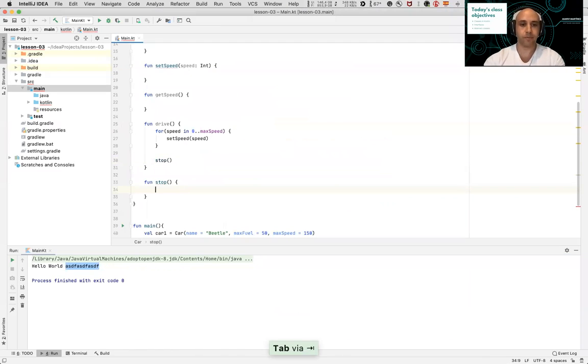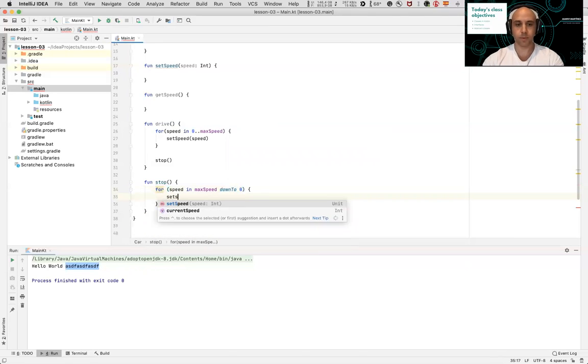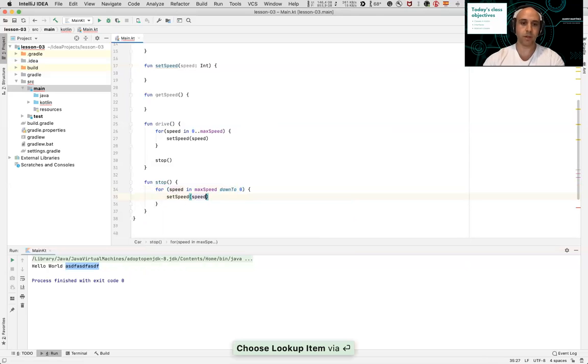So let's do the same. For speed in max speed down to 0. This is the difference when we are doing a for loop in increasing order, and when we are decreasing the value. We have to set, instead of these 2 dots, we have to use this down to thingy. Let's set also the speed here. And when finished,